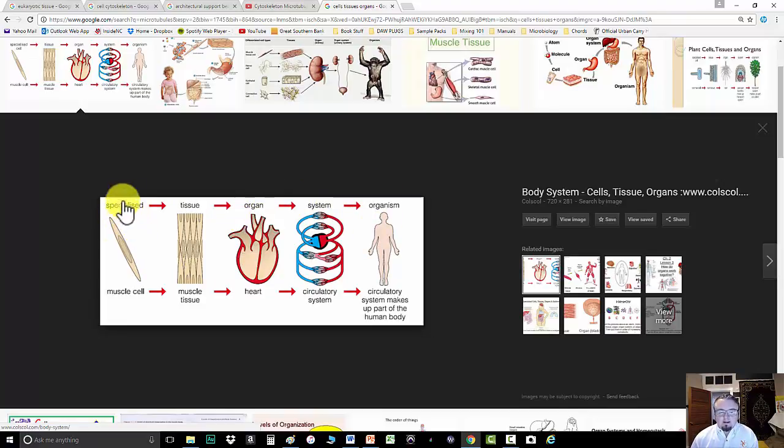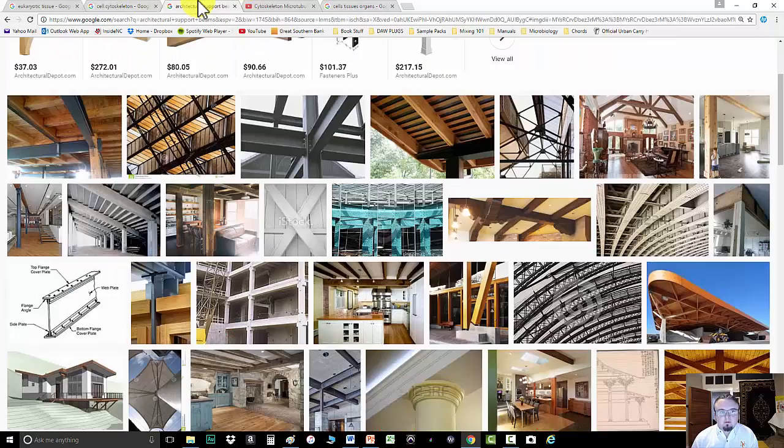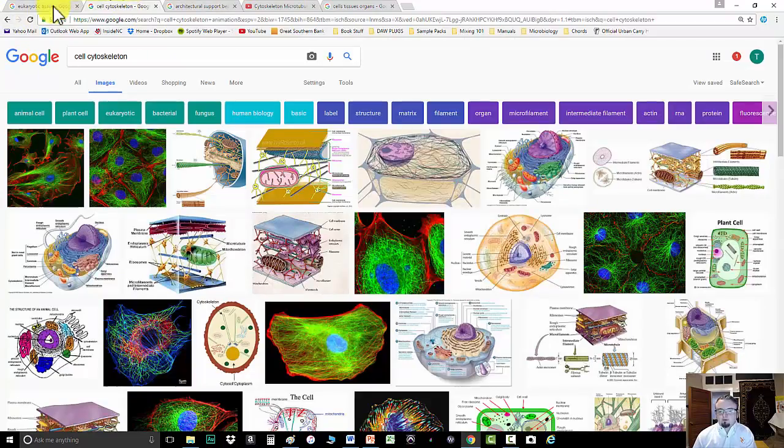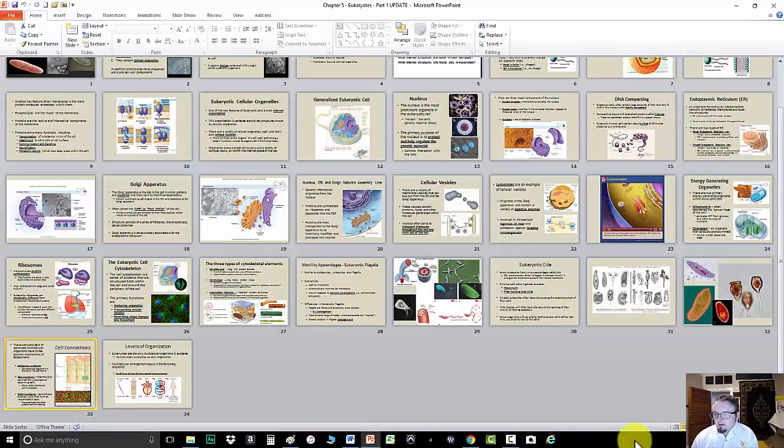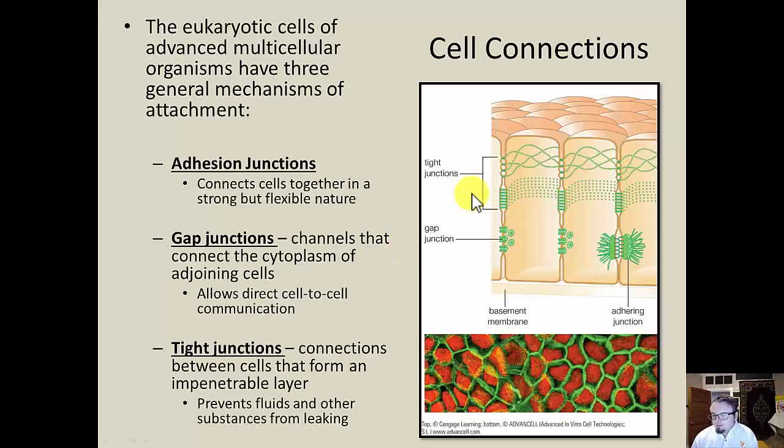And the idea is they have to stick together and attach together to form a group of like cells. Here's another. Oh, here it is. This is a microscope image of some plant tissue. You see lots of cells all joined together. So the way that they do this is with these cell connections, and they literally tie themselves, so to speak, together to form this clustering that we refer to ultimately as tissue.